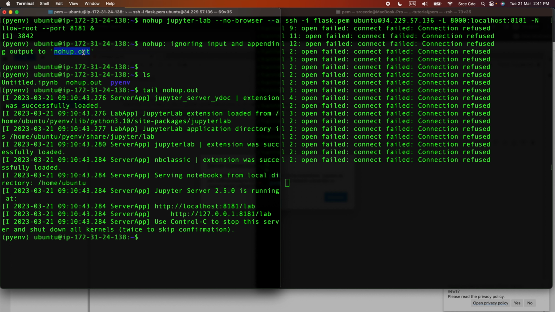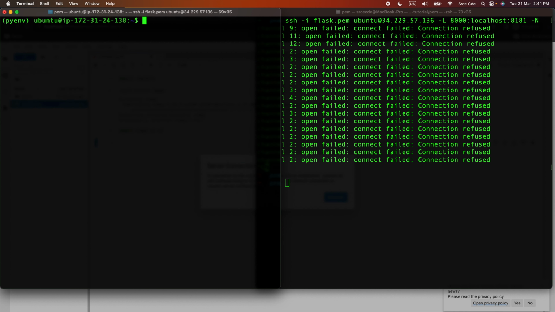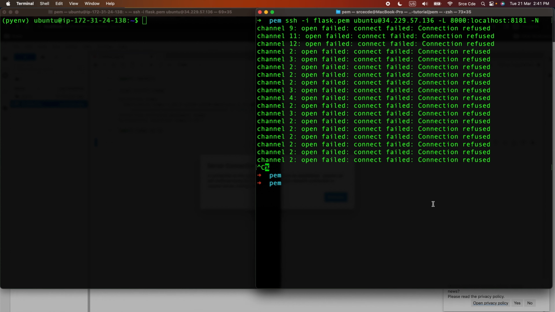You can also configure which file you want to write this to, but if it is not configured, then by default it will write to nohup.out. So basically now our Jupyter server is running in the background. Now what we will do,